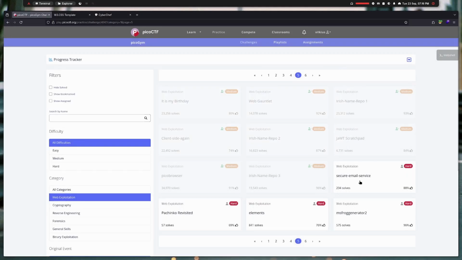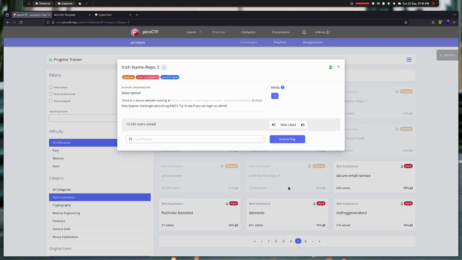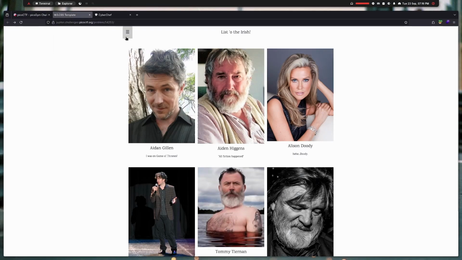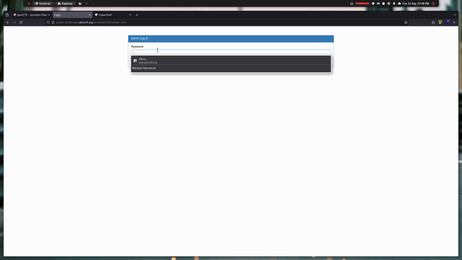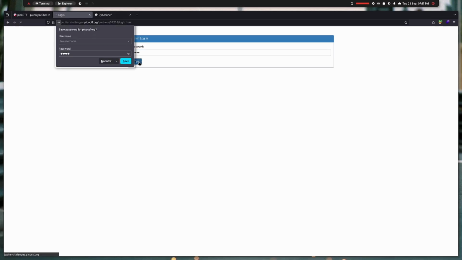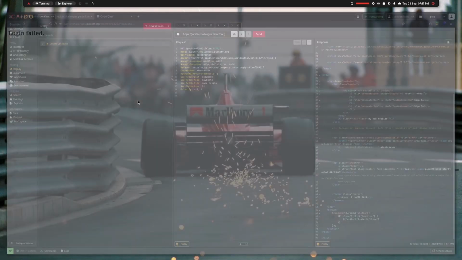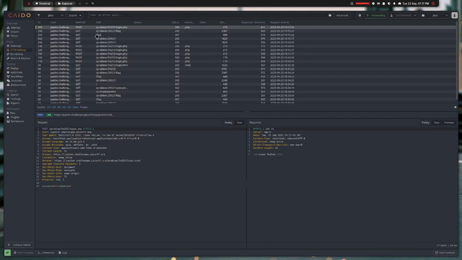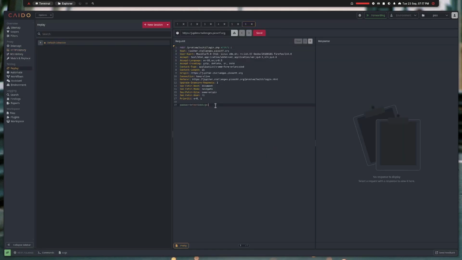Okay, moving on, our next challenge is called Irish Name Repo 3. It's part 3 of a series of challenges. So we just need to log in to the admin login page, and if we go there, we see that there is this admin login, and we just need to supply the correct password, so we can try test. It says login failed, but if we look at Caido, we see there is a parameter debug. It is set to false or 0. So if we send this to replay and change the debug to 1,